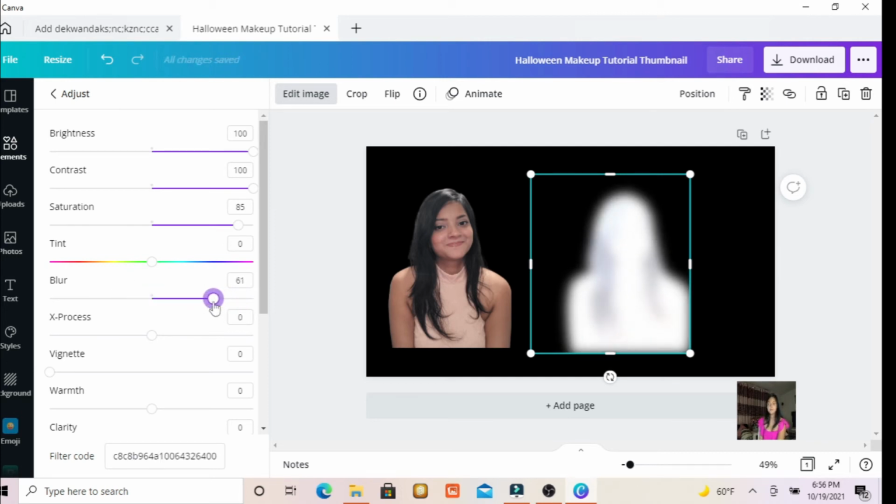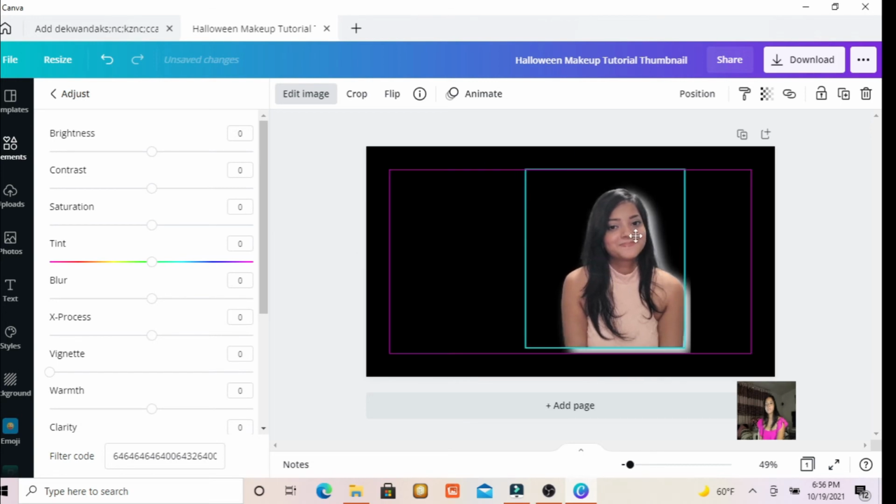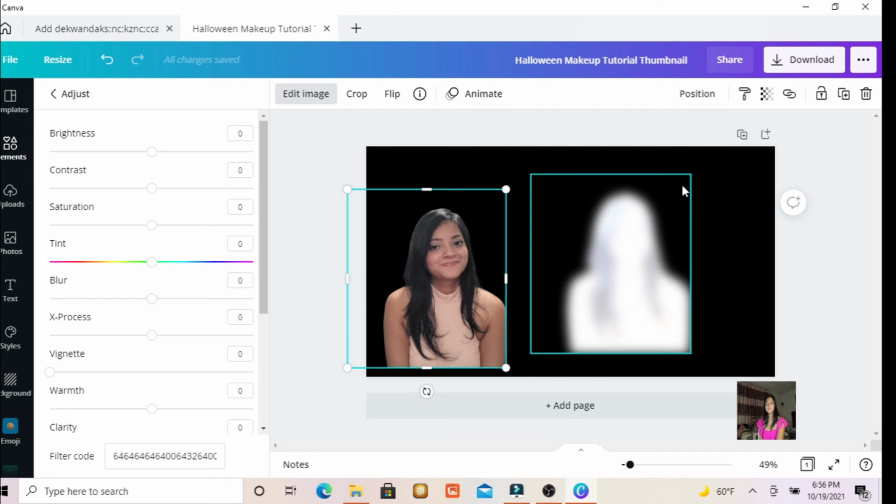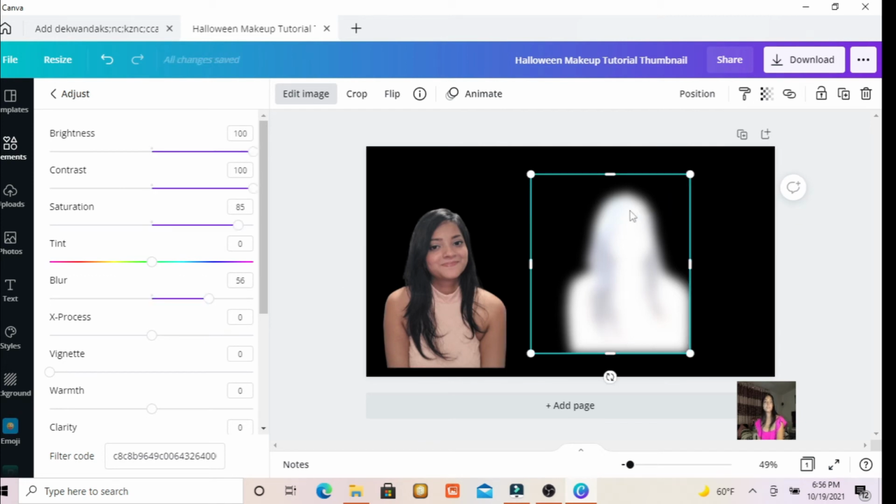Okay, not to blur like this. So when you bring it here, you see a little thing. But if this one, you will make it bigger. Like I told you, for a sharp outline, you'll have to make it a little bit bigger. If you don't make it a little bigger for a sharp line, what happens is that